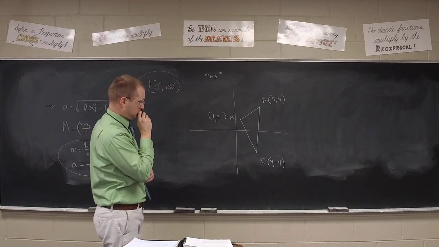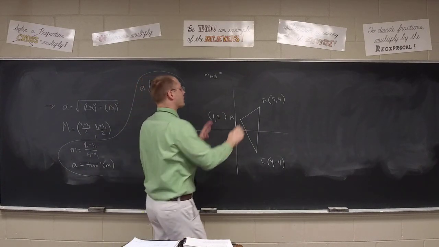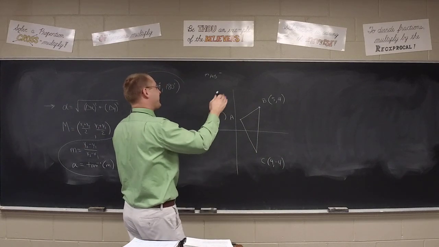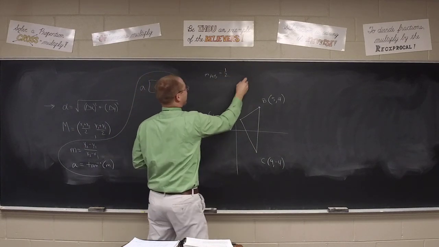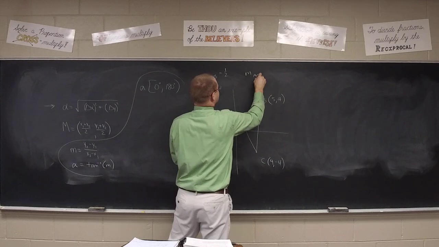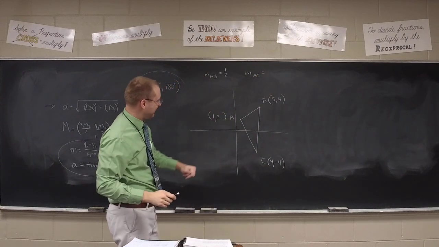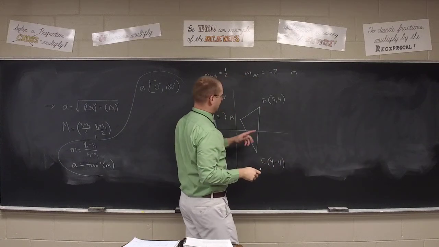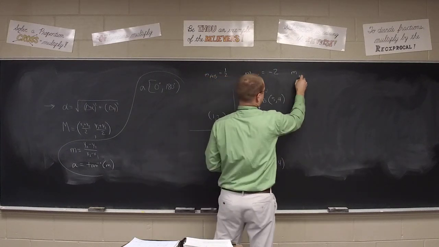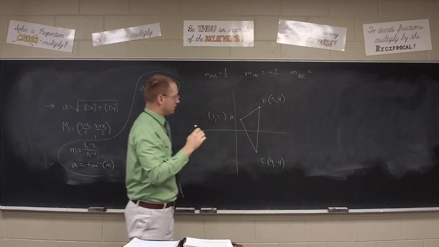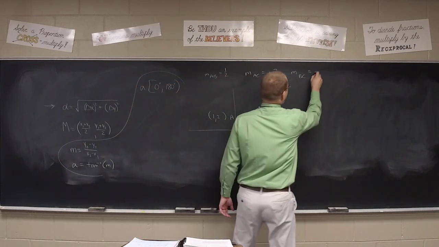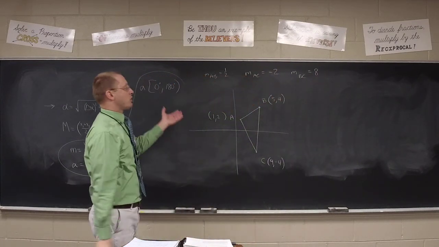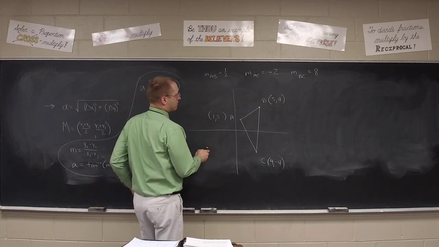1/2. Oh, that's AC I was looking at. Let's try AB. What's the slope of line AB? And it is 1/2. All right, how about the slope of side AC? 2, or -2. -2. And then what about the slope of BC? 8. Yes. All right, once we know the slopes, we can go directly from there to the